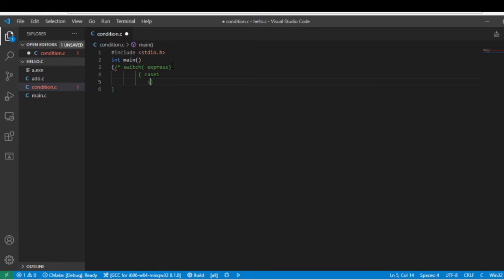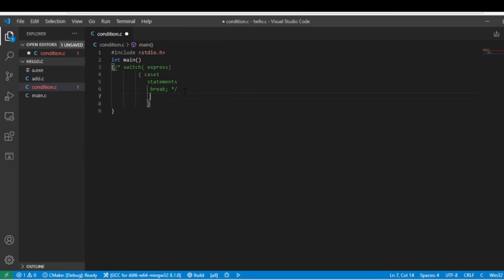After that you write break. Next you write case second, statement, then break. Otherwise you write more statements, more cases, and different conditions.